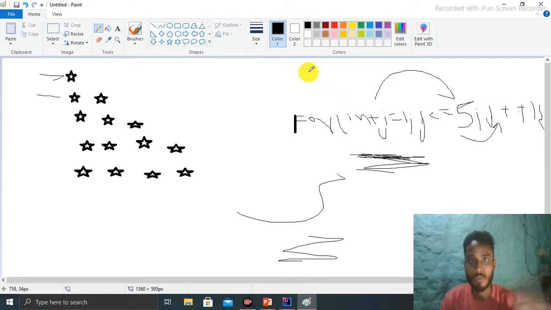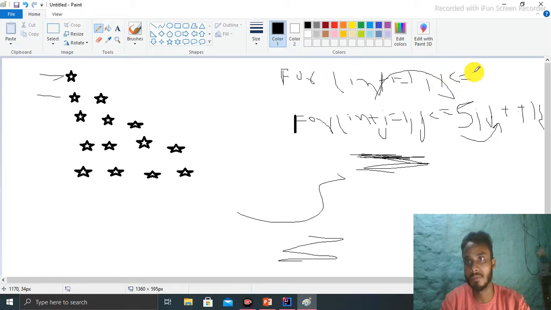So to get it, this is our magic, and we use a for loop again. for int i equal to 1, initialize first, then the condition same as that: i less than or equal to 5, and i plus plus.